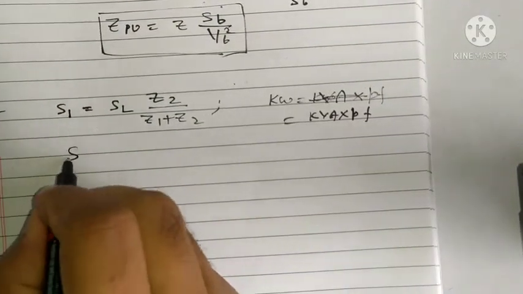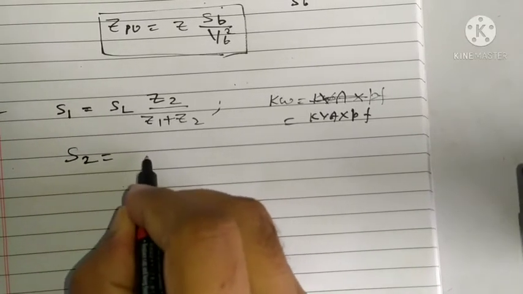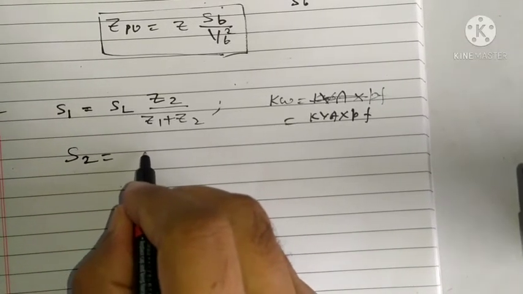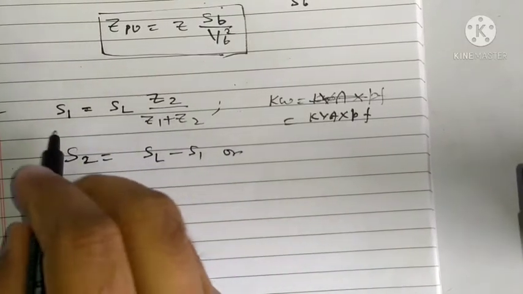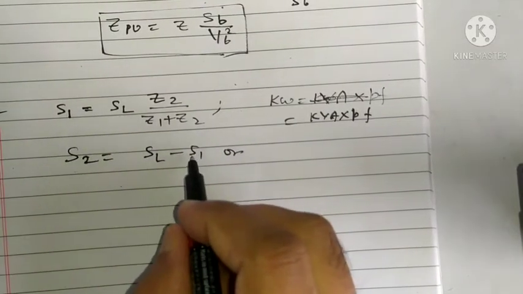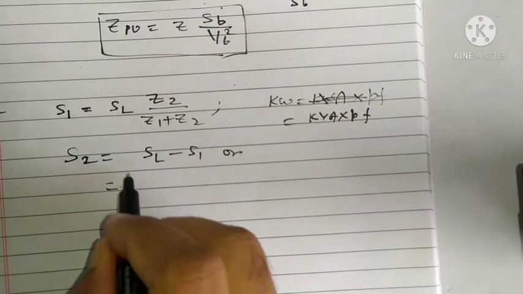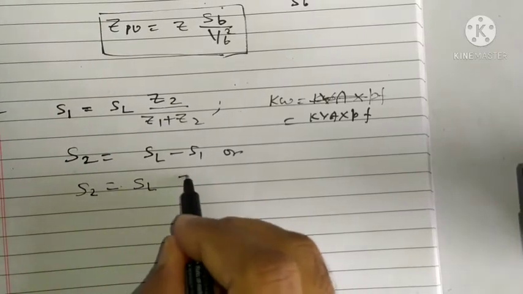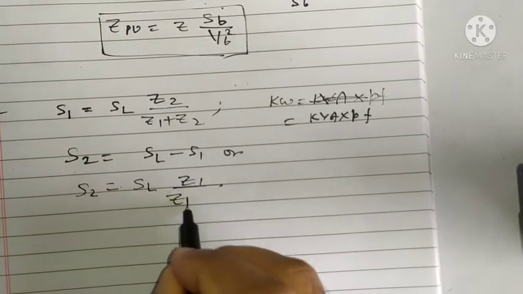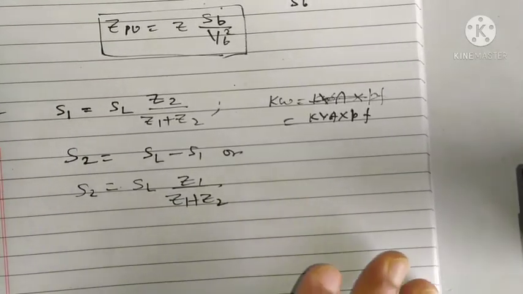If I have two transformers, S2 will be what? Total load SL minus S1, because total load is S1 plus S2. It can also be given in terms of this formula: SL times the impedance of the first transformer divided by the sum of the impedances of both transformers, right? So in this way, if I have to solve one numerical,